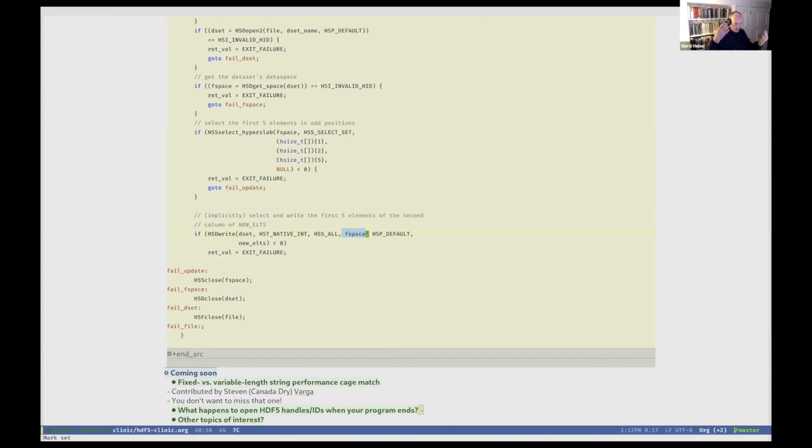So let's say you have a one-dimensional dataset in the file, but you want to read something into a two-dimensional or higher dimensional array in memory. That's fine. It's equally fine the other way around. You're writing something from a two-dimensional array, either the entire array or a subset of it, into a one-dimensional array or into some other four-dimensional array or something. It doesn't really matter.